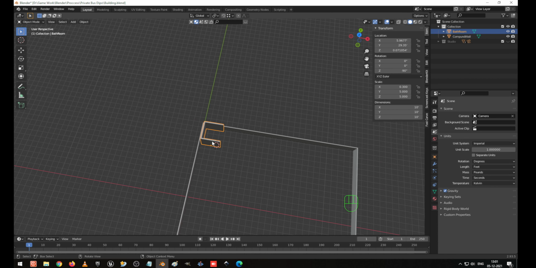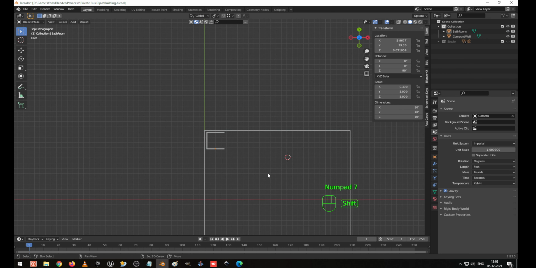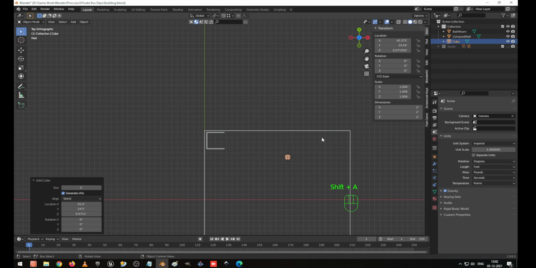So I go to the top view, I right click here, Shift A and create a box, and I'm going to give the height as 20 feet, and this is going to be 40, and this is going to be 0.6.